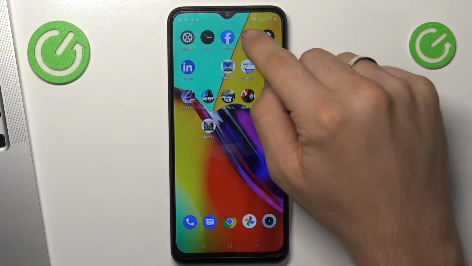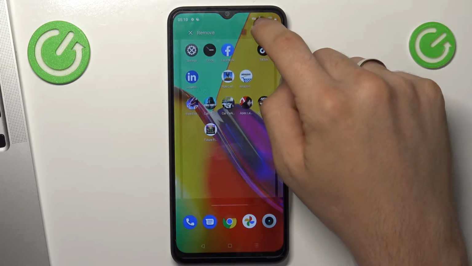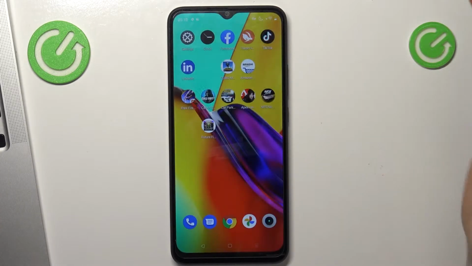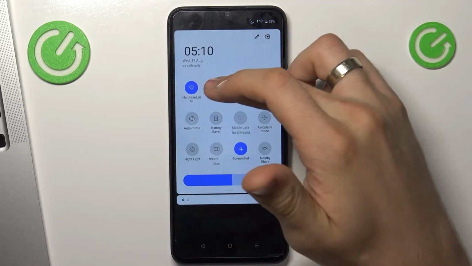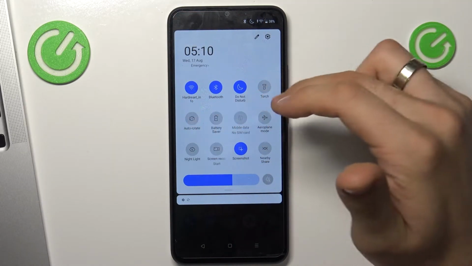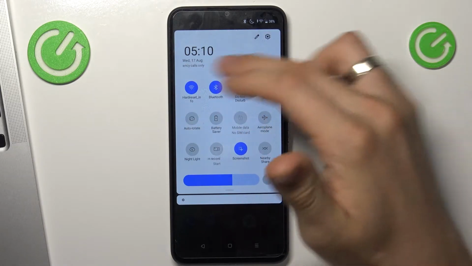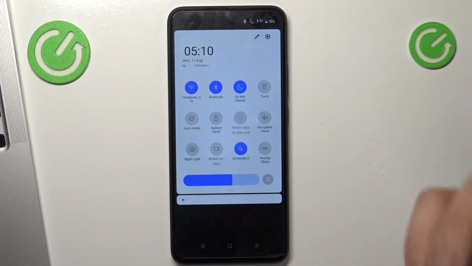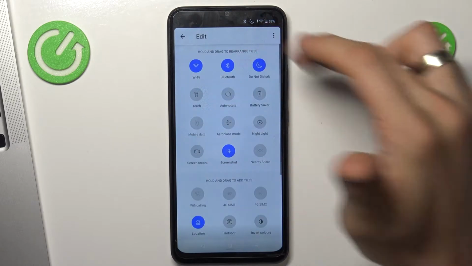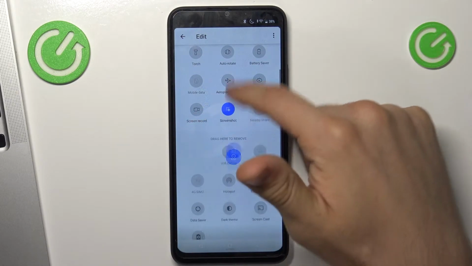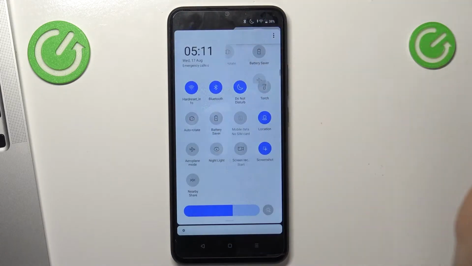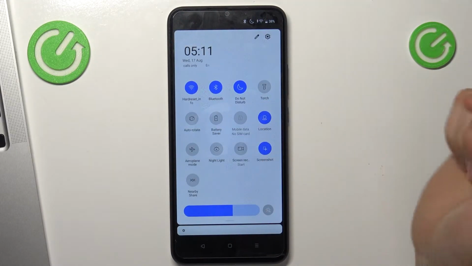Firstly, you need to remove or just disable VPN if you have, and then open control panel, enable Wi-Fi, Bluetooth and mobile services. If you have no mobile services on your control panel, you need to add it. Click on the edit button, choose here location, drag it to top part of your control panel and enable location